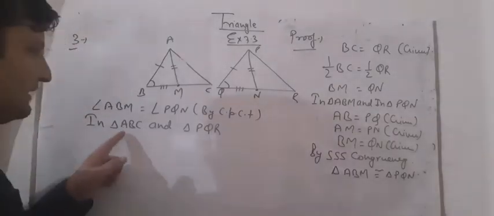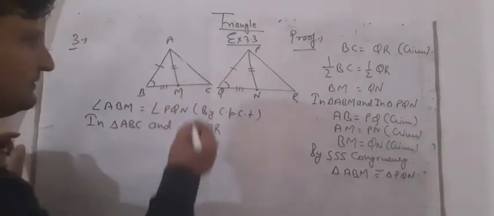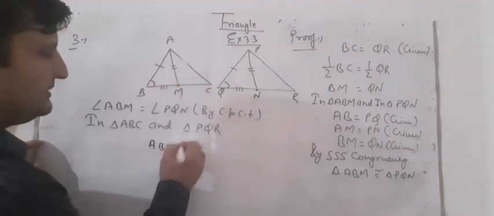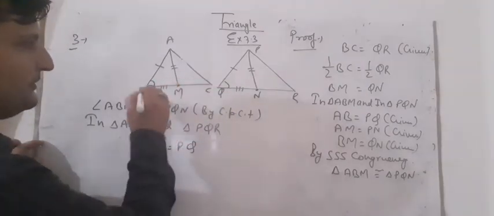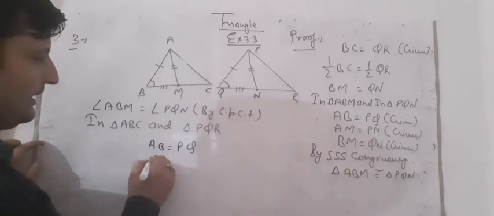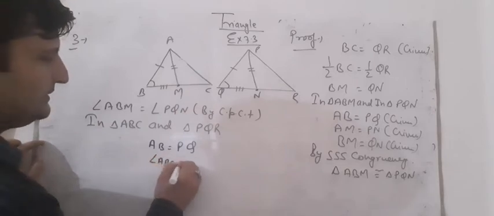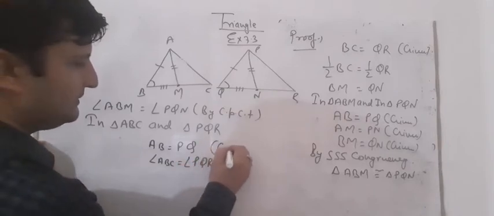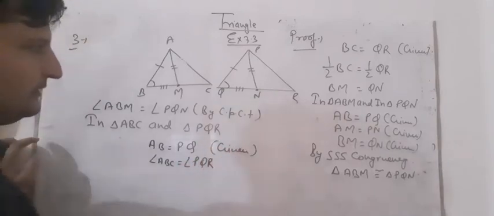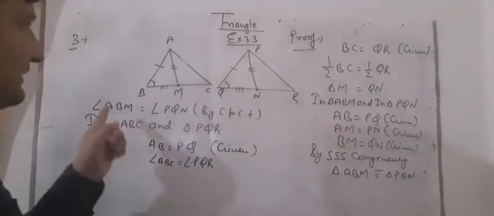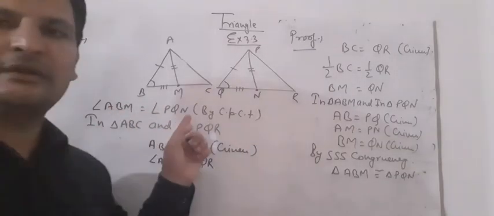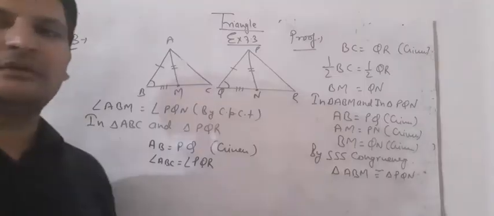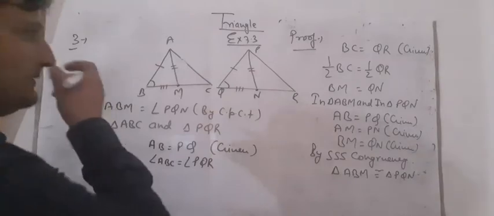In triangle ABC and triangle PQR, AB is equal to PQ, and angle ABC is equal to angle PQR. It is given. We have proved that angle ABM is equal to angle PQN. I have written it here. We can say that angle ABC is equal to angle PQR also, because these two angles are equal to each other,